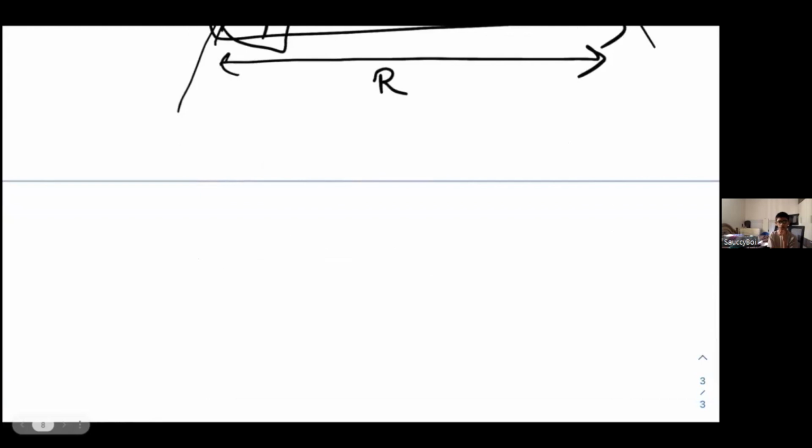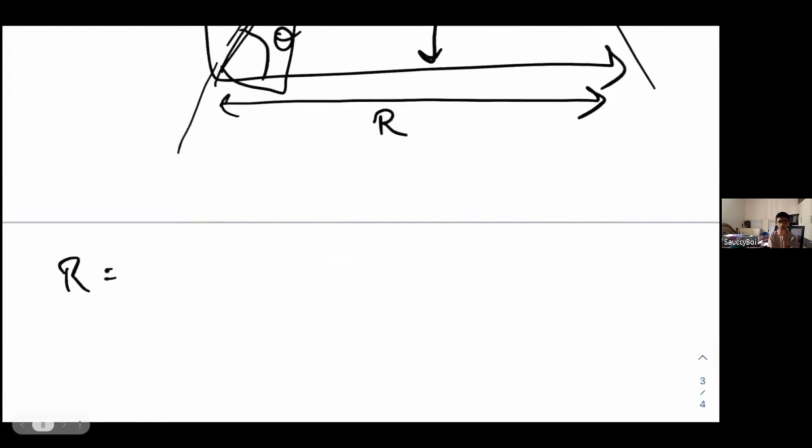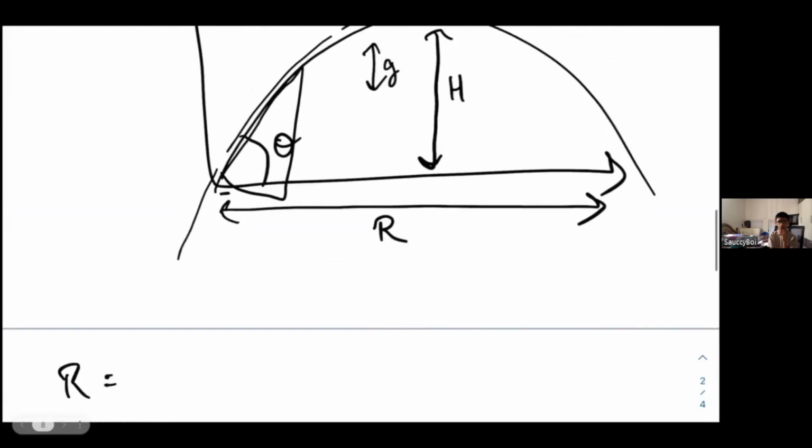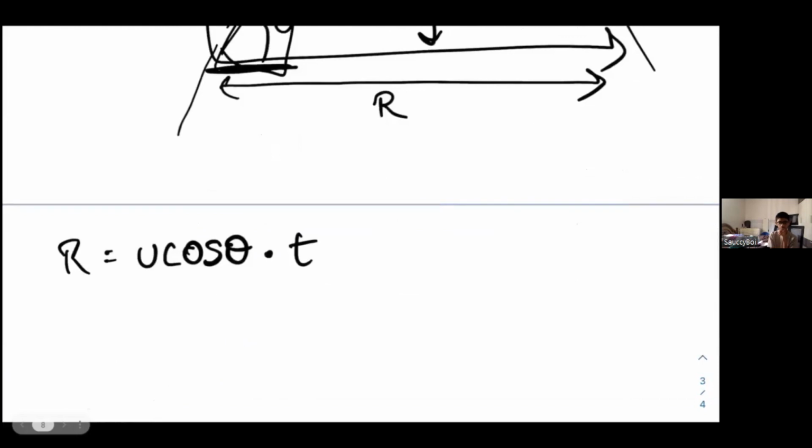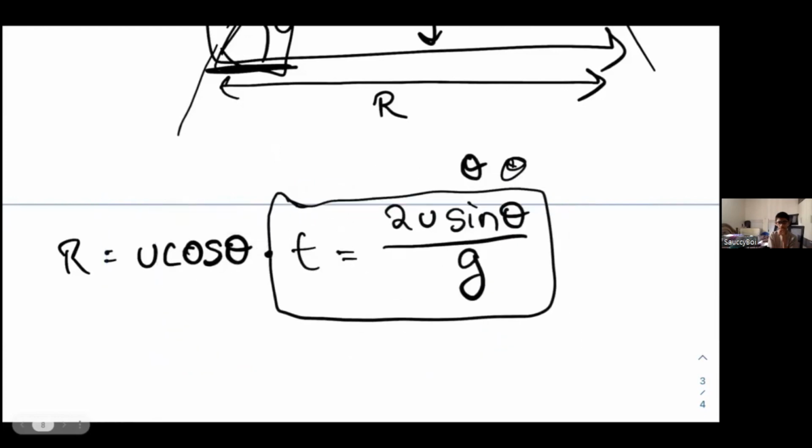I can write the distance r equals the horizontal component u cos theta multiplied with time, because speed equals distance upon time and distance equals speed times time. Speed equals distance upon time, sorry. Yeah. Now, as we've just discovered, t equals this right here. Now what t equals this, and we can just get rid of